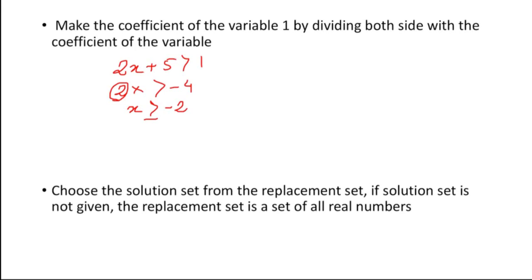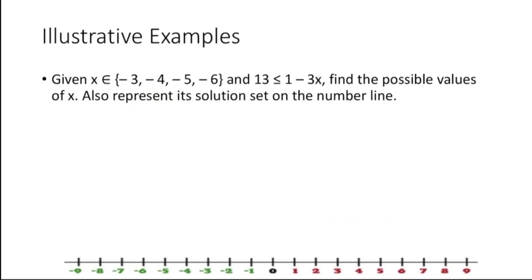And the last rule is, when no replacement set of a variable is given, then the replacement set is by default the set of all real numbers. That is, all numbers that can be plotted on a number line, that are integers, fractions, positive, negative, any numbers, right? So using these tools and the steps that I discussed, let us solve a few problems